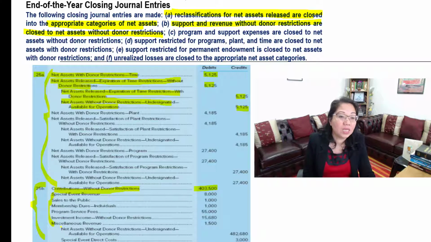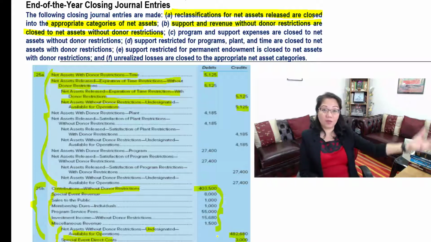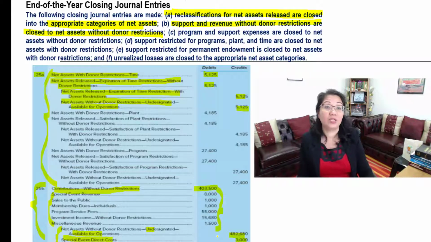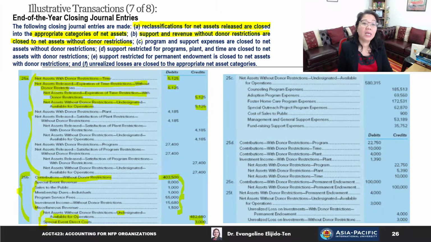And we're putting it here, net assets without donor restrictions undesignated will be credited. Also, special event direct cost will be credited for the amount given. By the way, all these figures would have been taken from previous journal entries that were made. In 25C, the program and support expenses are closed to net assets without